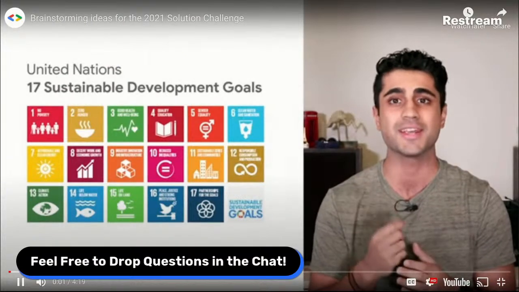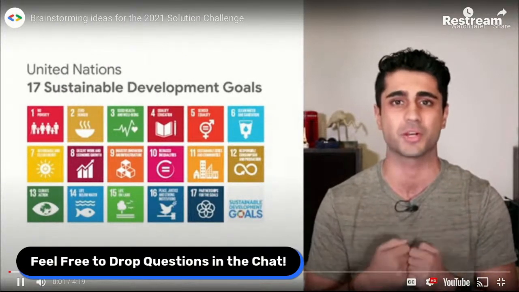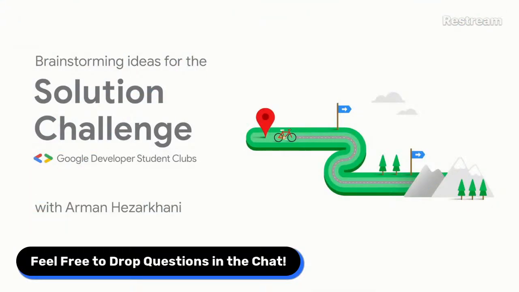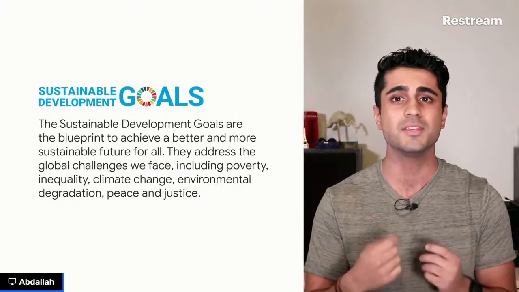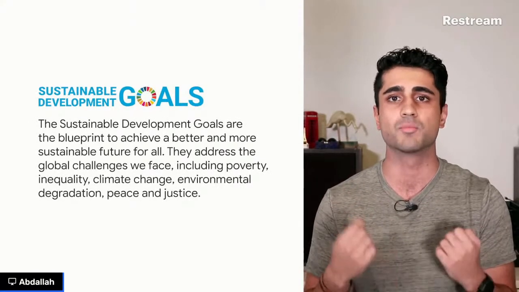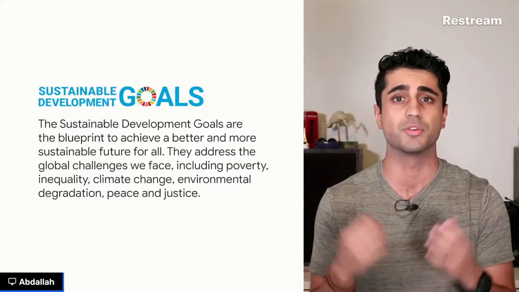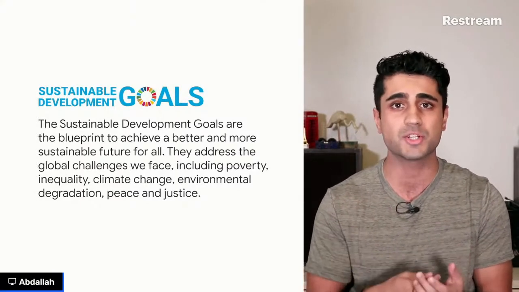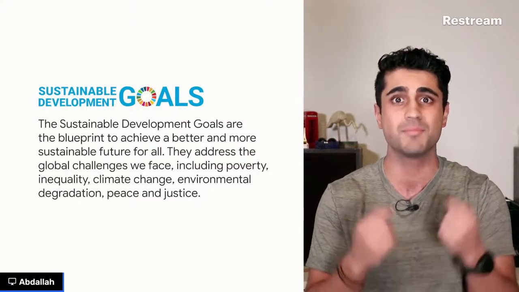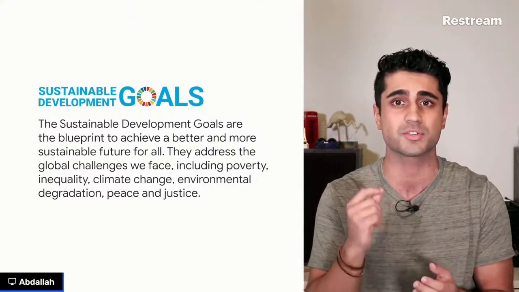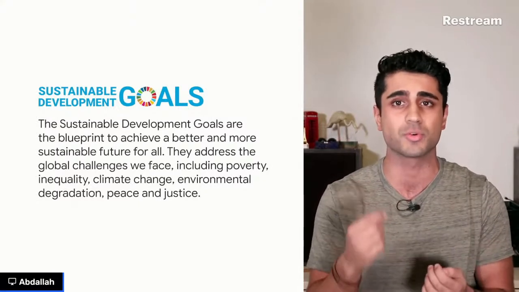Club's solution challenge is to solve for one or more of the United Nations 17 Sustainable Development Goals using Google technology. Citing the official United Nations website, these goals are the blueprint to achieve a better and more sustainable future for all. They address the global challenges we face, including poverty, inequality, climate change, environmental degradation, peace, and justice. During this video, I will show you how you can research these goals and brainstorm ideas for your solution challenge